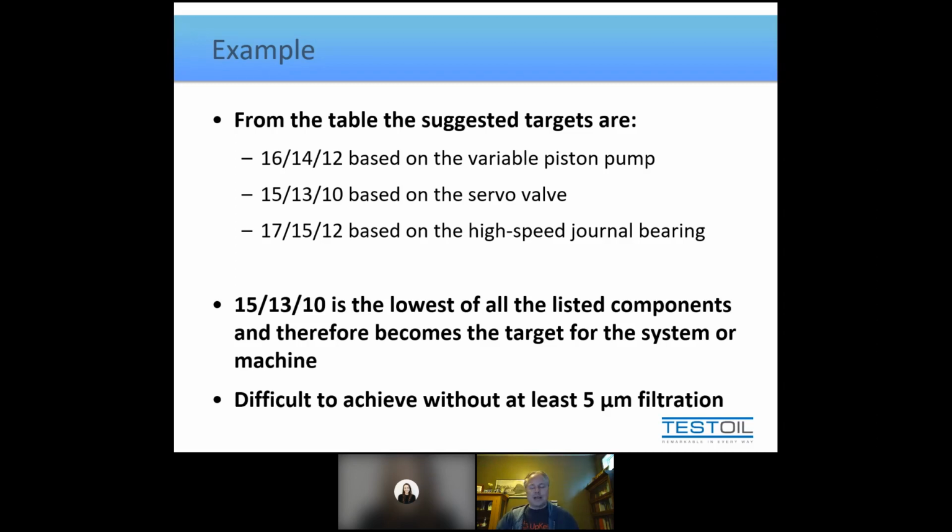Now, the interesting side of this whole discussion is, as the title of the presentation was, how to set a cleanliness target. But a lot of people don't necessarily want a target. They want a limit. And targets and limits are not the same thing. The joking analogy that I have for you is if you're driving on a road and the sign on the side of the road says something about 55 on it, right? What are the words right below it? The words say speed limit. And you go, okay, 55 miles per hour. Do you get a ticket for going 54? No. 53? No.